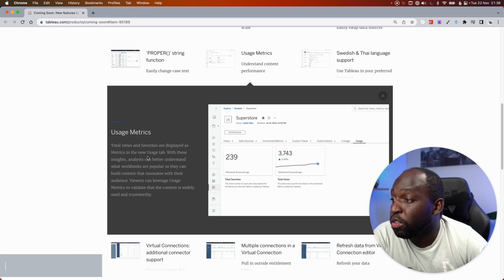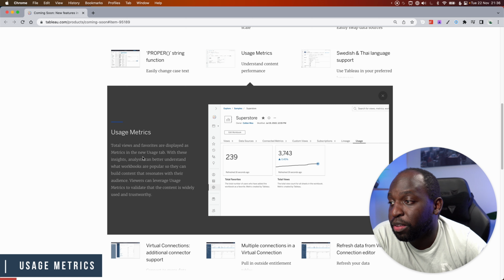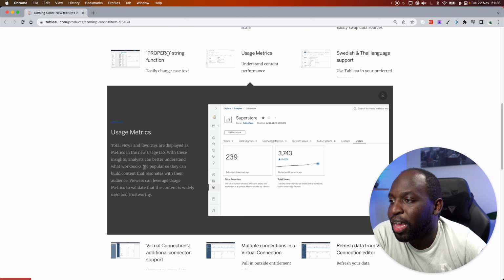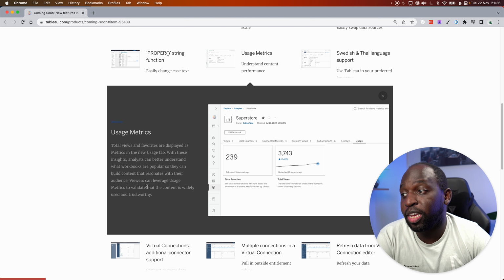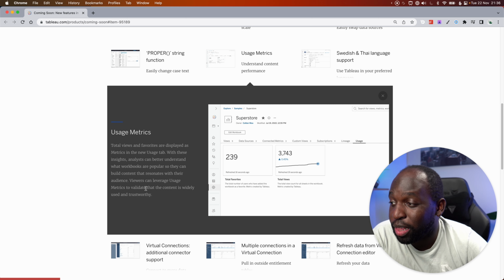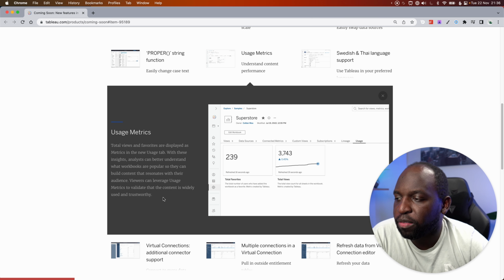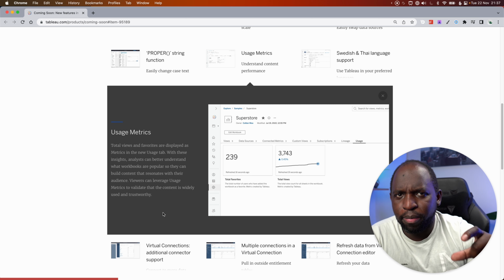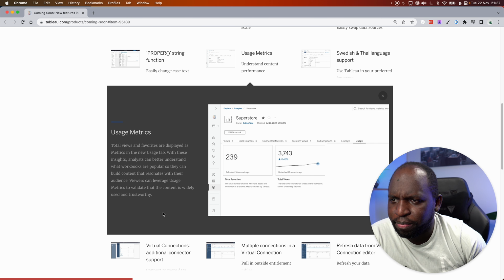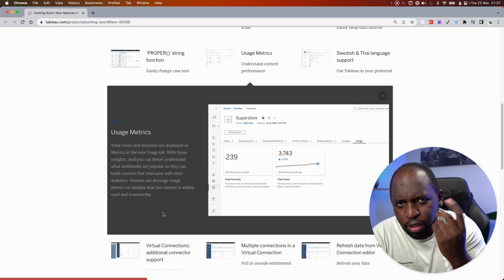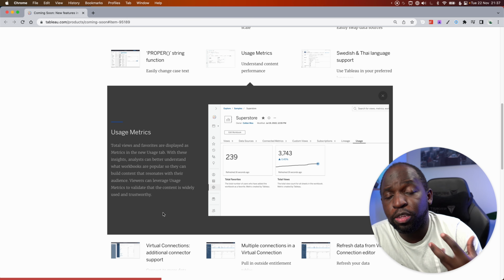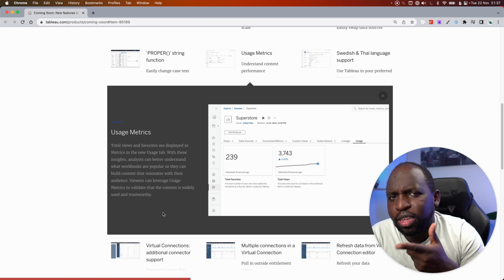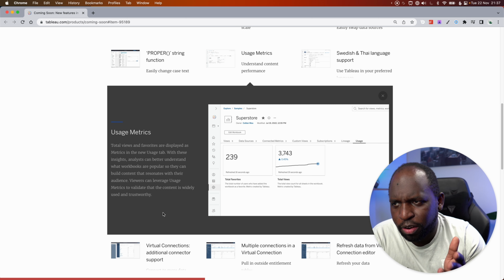Usage metrics. Total views and favorites are displayed as metrics in the new usage tab. With these insights, analysts can better understand what workbooks are popular so they can build content that resonates with their audience. Viewers can leverage usage metrics to validate that the content is widely used and trustworthy. So this is a bit meta. This is sort of using metrics to talk about analytical content. And so it feels like Tableau is repurposing something they've already built for users to help them communicate how certain things are doing. When these sorts of things happen, I always feel like there's some sort of direction, and